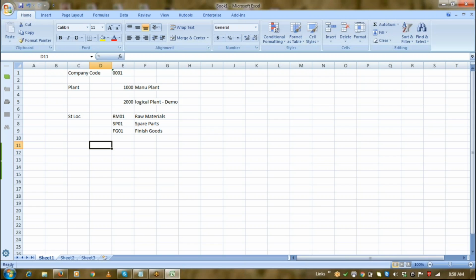So here, in the first case, we'll talk about incoming goods. So what will be our incoming goods? Either you can go for raw material purchase or you'll go for semi-finished material purchase. So here we'll create a few materials. Let's say our first material is